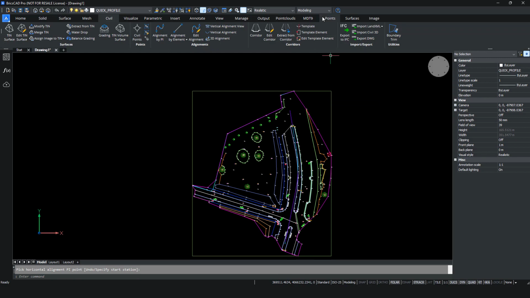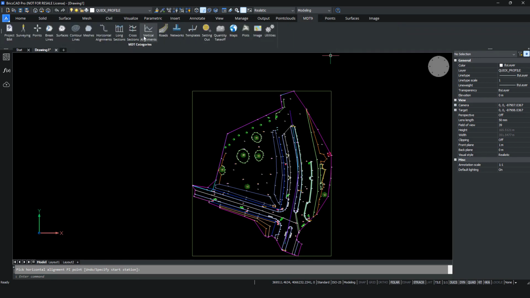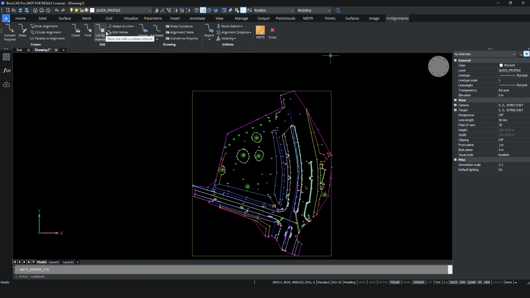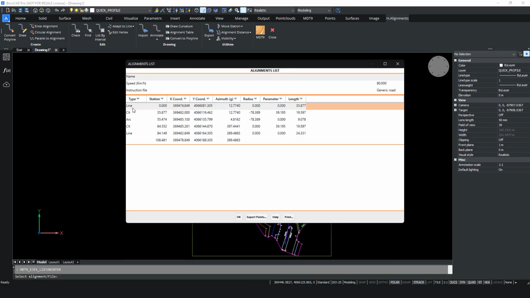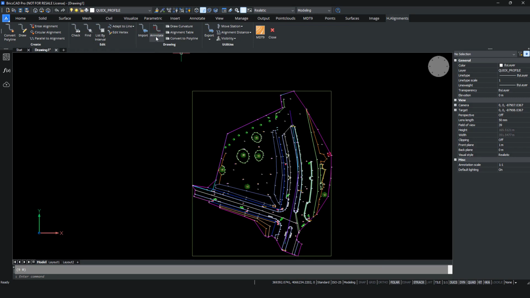It's done. And now we are going to use our options for horizontal alignment and check that MDT can understand the designed alignment. You can see the elements like arcs and clothoids, and we can use this alignment for both long and cross